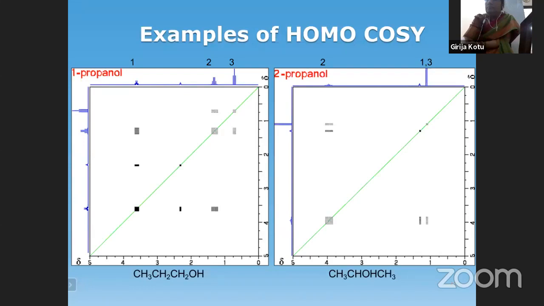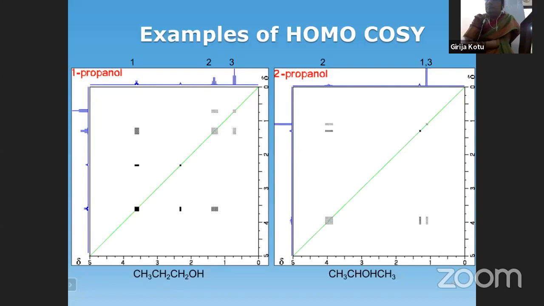So if you just consider the conventional NMR on the top onto the left side, the downmost signal is the second proton, that is the CH proton. It is a multiplet coupling to the methyls as well as to the hydroxyl. And then a small peak, that is the hydroxyl proton. Next, 1 and 3 together, it is coming as a doublet because they are methyl protons. They couple with the CH proton. The neighborhood is CH, only 1. N is 1. So N plus 1 is 2. So you get a doublet. The same thing is reflected even on the y-axis.